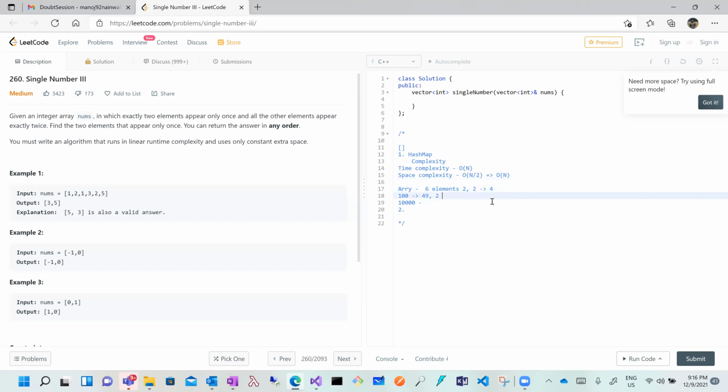So irrespective of the input, they are telling us to use constant space. Constant space means whether the input size of this array increases or not, the space remains whatever you are taking the first time. That's it.